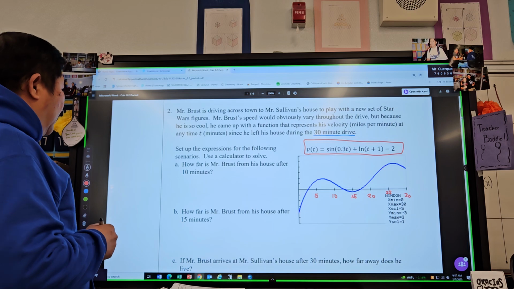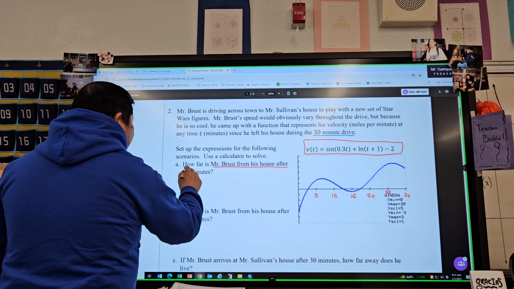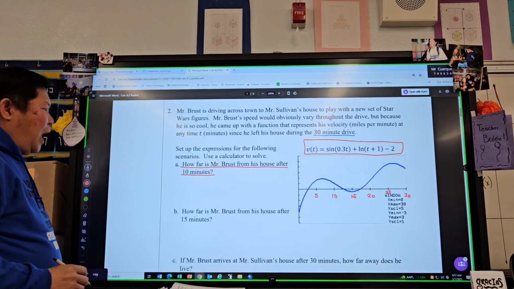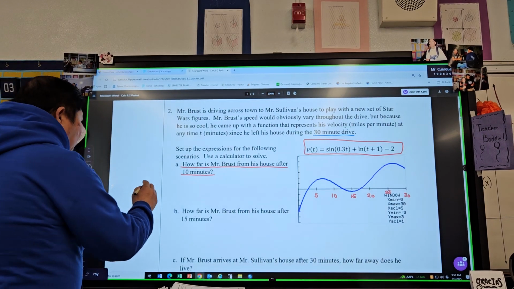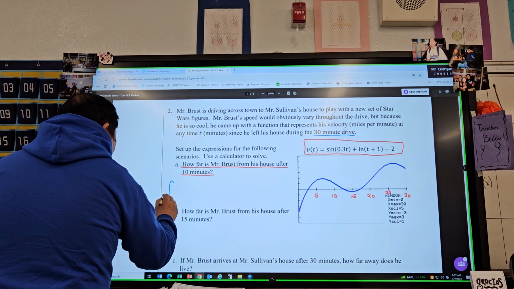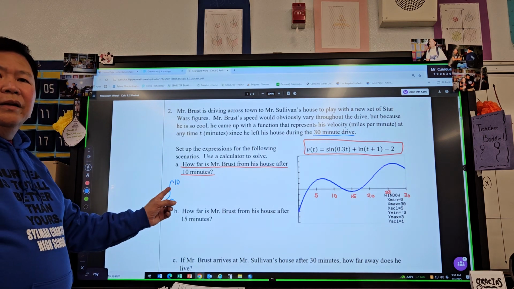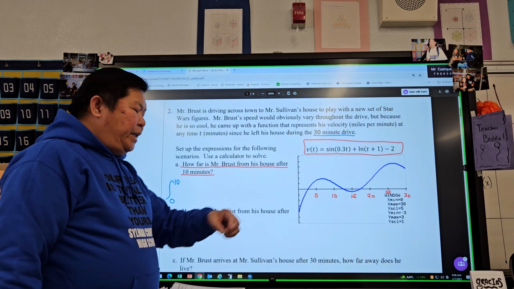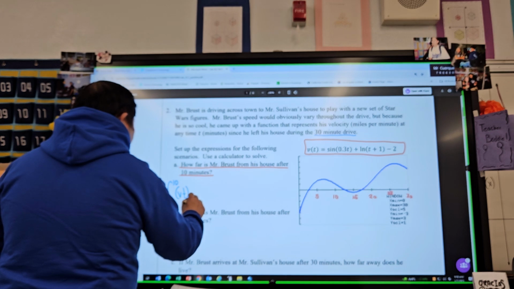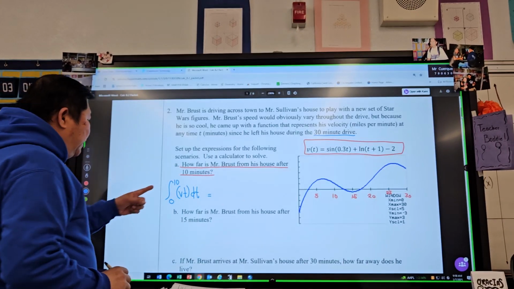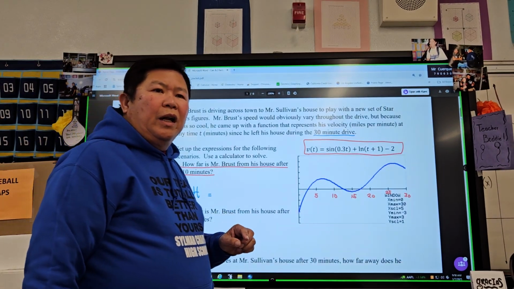Okay, so 10 minutes. How far is Mr. Bruss from his house after 10 minutes? So how do we set up now? The integral from 0 to 10, right? And the given function, velocity, v(t). So we say v(t) dt. Okay, so this is integration, right? So what to press in the calculator? Math